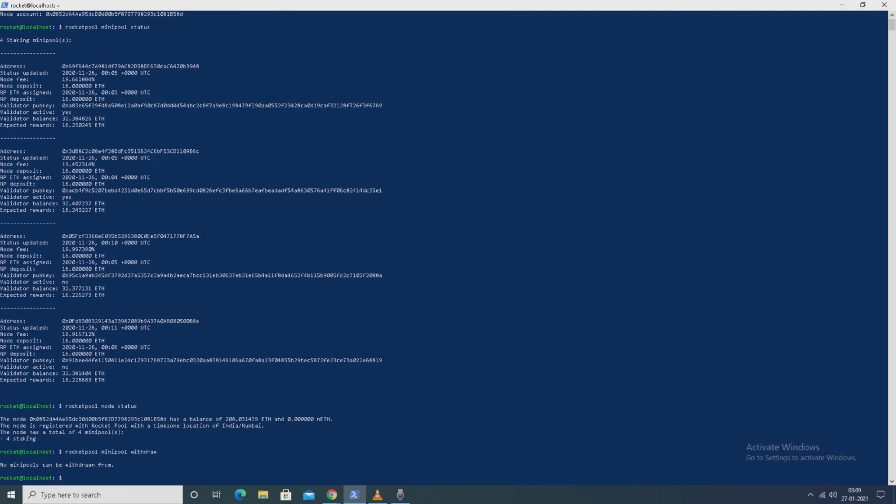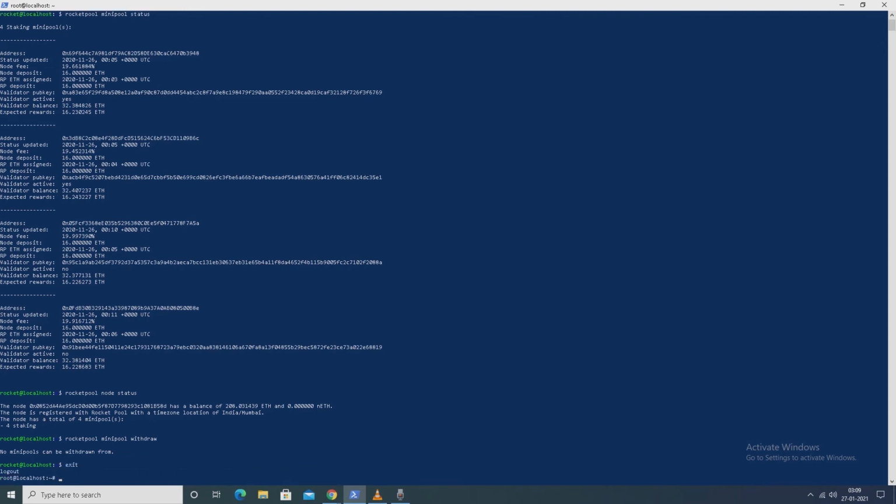Okay, we will check it after some time. It may take some time because node status is still showing 4 staking. We will see after some time what happens. So till then we exit for now.